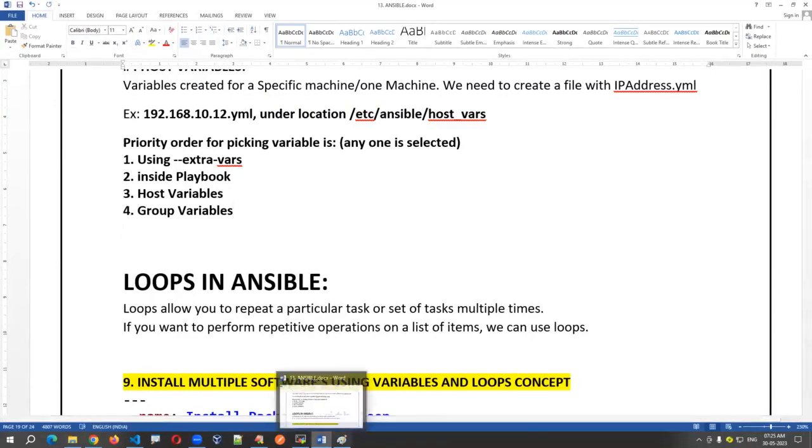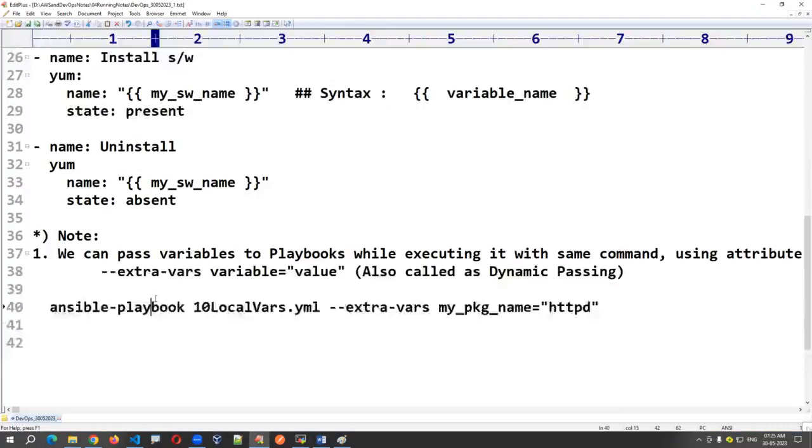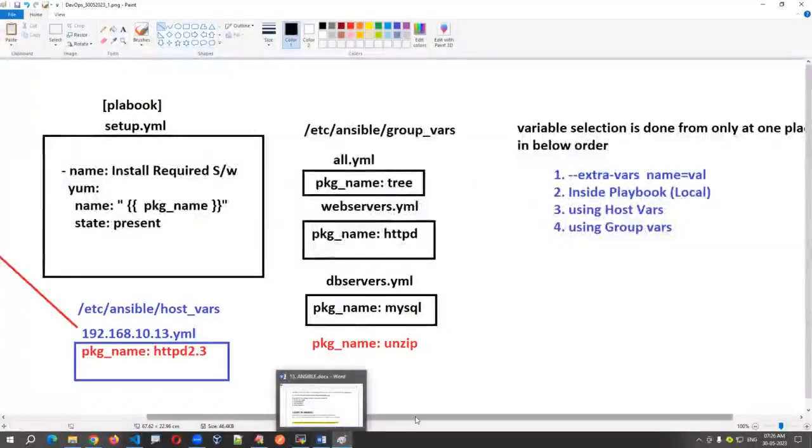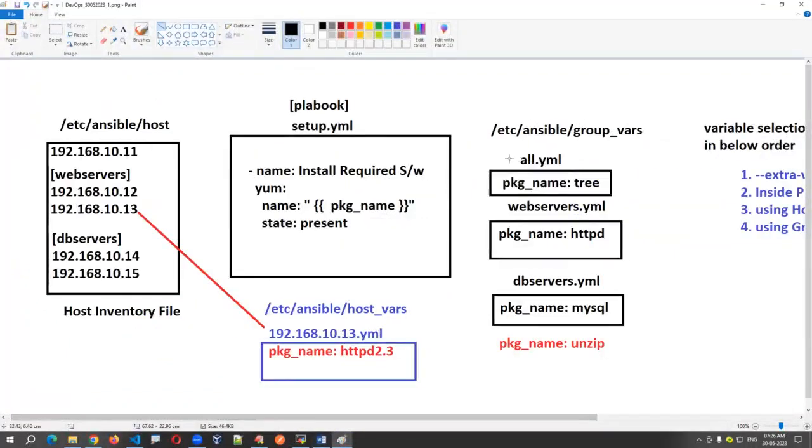Hope you are clear on this variables concept. Mostly used is group variables, not even extra vars or playbook vars. Mostly used is group variables. 99.99% I can say it's group variables, because